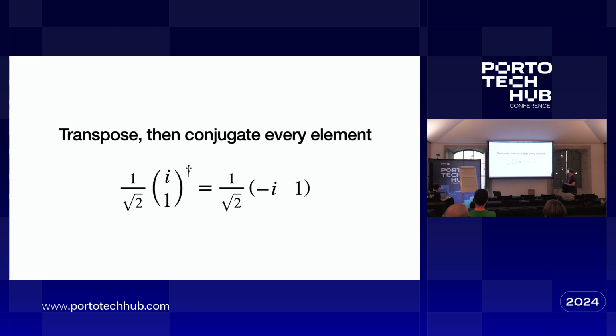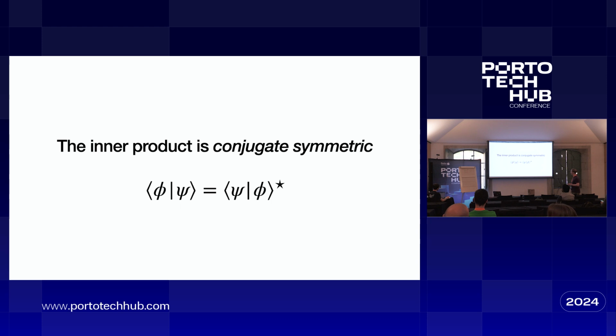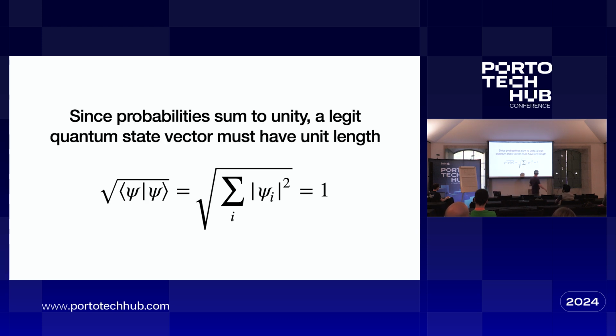Ah, well, same thing. There's my 1 over root 2, which I forgot to put over there, of course. The inner product: you would be used to the inner product of two vectors being symmetric, so that psi phi equals phi psi. But now, because of this whole thing, it picks up a complex conjugate. Just something to watch out for if you do find yourself doing calculations, all right?